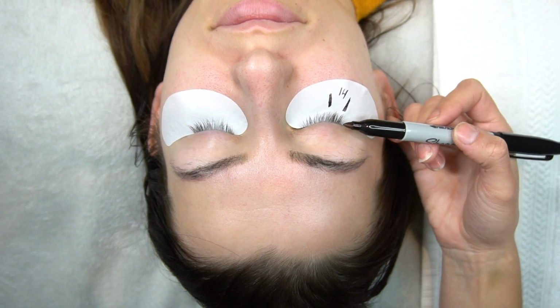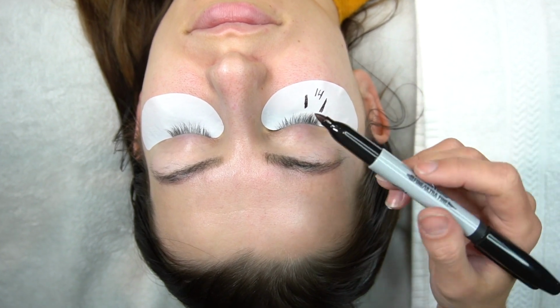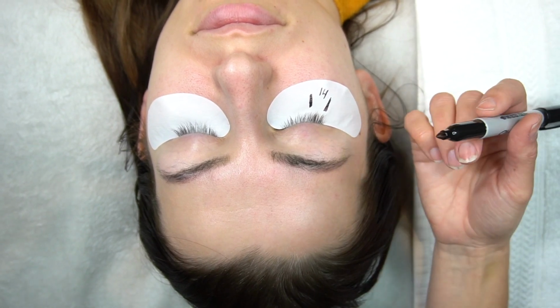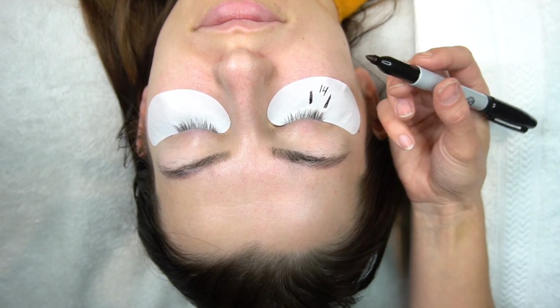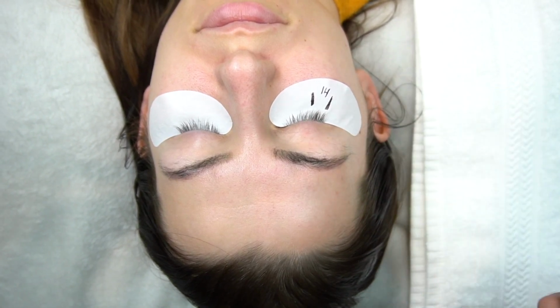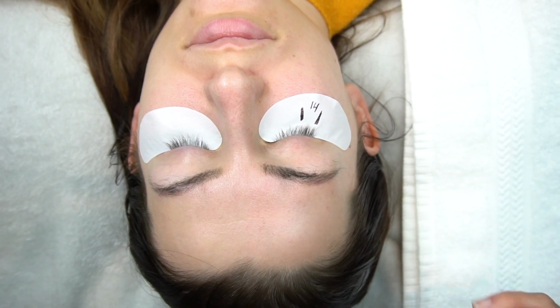Because we have lots of room between her eyelid and her eyebrow, and we're also working with a little bit of a tilt on that outer corner, we're going to lift that up and it's going to look actually very subtle and very natural, although it's a 14 millimeter. I'm also going to mix 13s and 12s and 11s in that section as well for a really nice transition